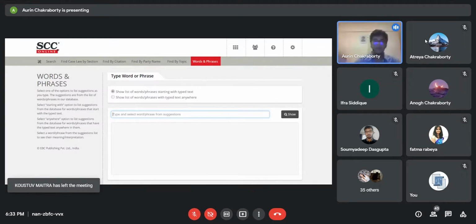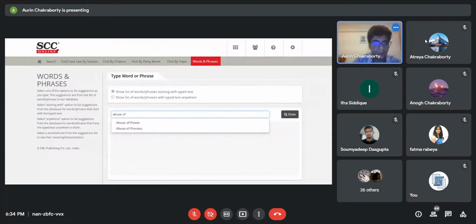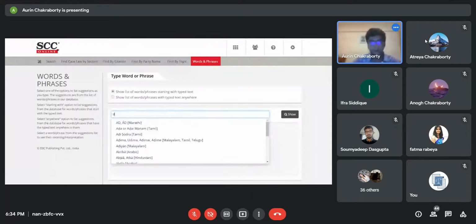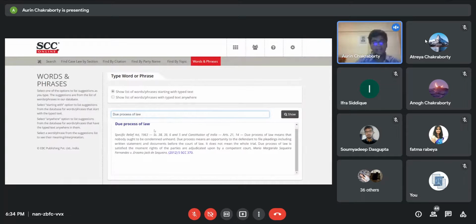So anywhere in judgments or digest notes or articles where the particular phrase or word has been defined, or the next aspect, which is show list of words and phrases with type text anywhere. So in any judicial document or any legal document where this particular word has been used, it will show up. Just for example, if I can show you, take for example, abuse of process, or I'll show you something else. Due process of law, right? What it will essentially do is give us the particular provisions where this particular term